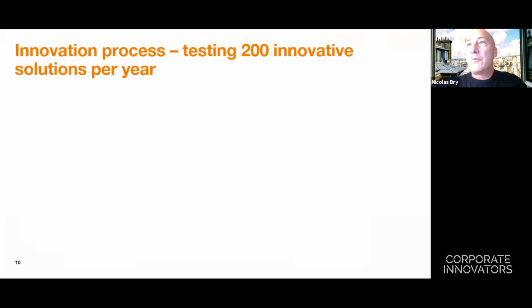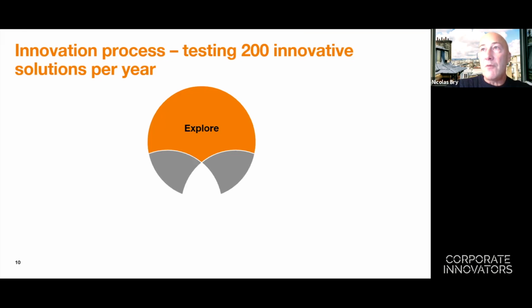So to be able to explore a lot of innovative solutions, we have focused on the exploration and experiment part with the local innovation team in Africa. So we have a first step, which is exploration, where the local innovation manager collects ideas from the business unit, from the employees. We have some kind of ideation workshop, and we